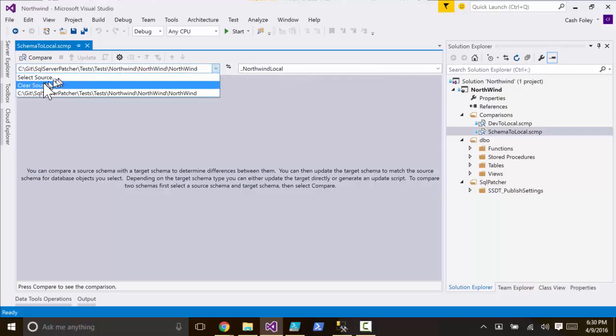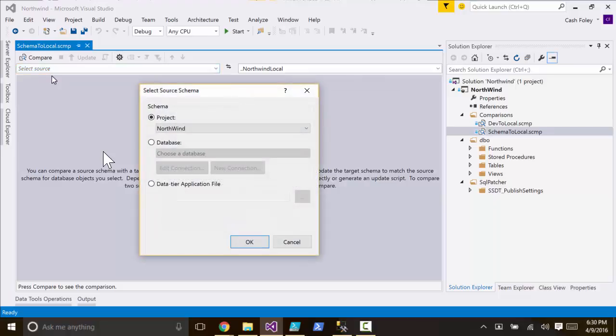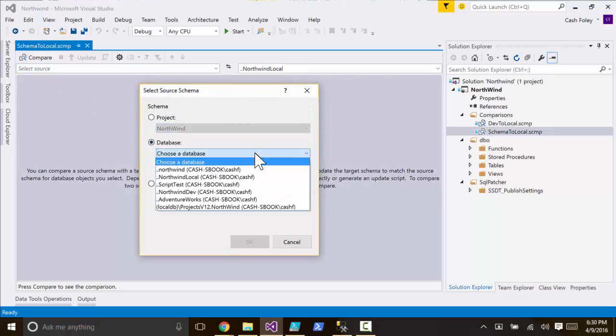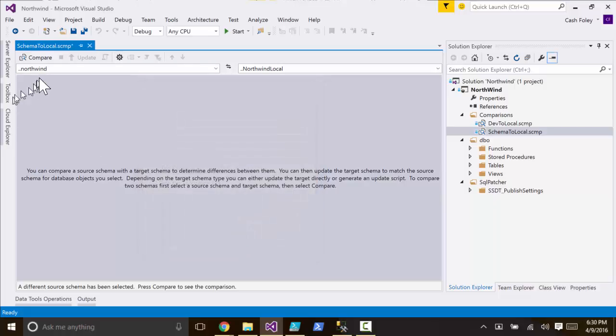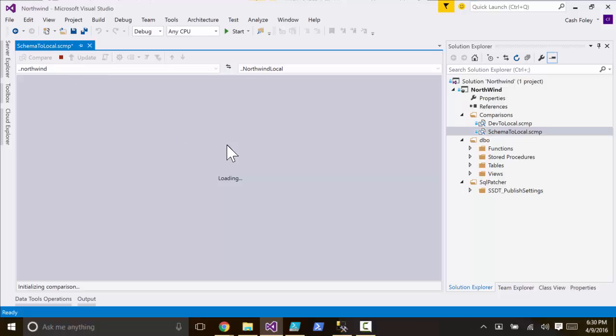I'm going to have it point to the source database. Not always a good idea in demos to wing it, but I just want to show that after executing all that,